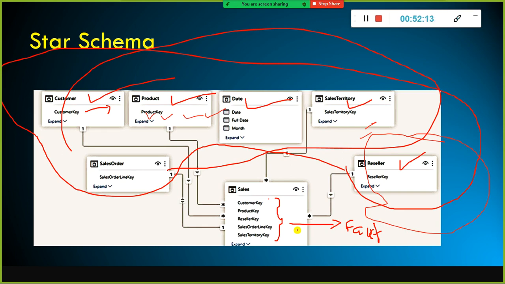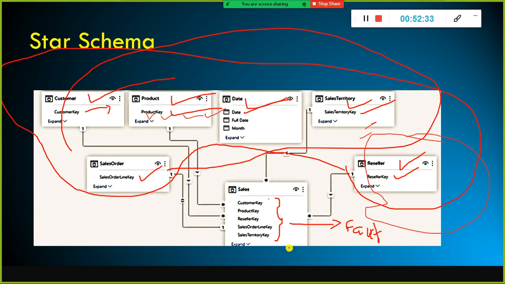Hence, the fact table will consist of the combination of all your dimension tables' surrogate keys. These are the surrogate keys, so here the online key and reseller key. These are the surrogate keys. It will have the combination of all your dimension table surrogate keys plus the facts.